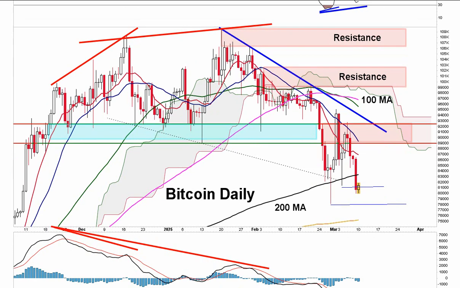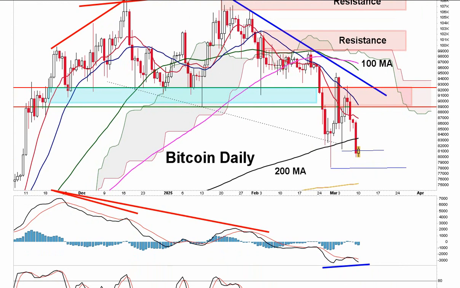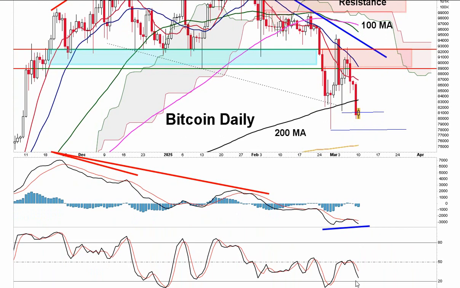And again, right here, you got the same thing going on. You've got the MACD. The stochastic's doing the same thing. It's forming a divergence. Now, it may not be done yet, but I'm telling you, it is possible that this low can still hold. Technically, it could play out either way.